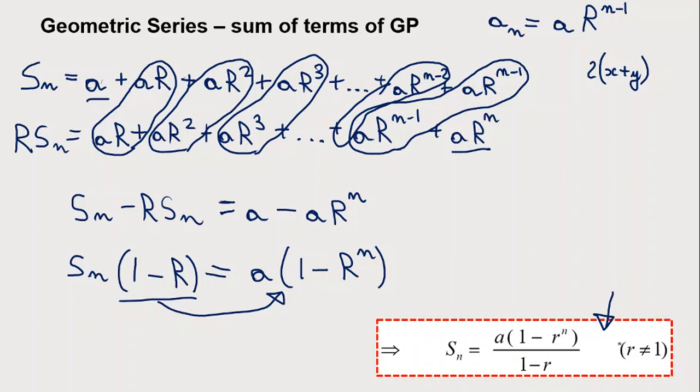Now the only condition is that r cannot be 1, because if r is exactly 1, if the ratio is 1, then we cannot do this summation whatsoever, because we end up dividing by 0, which is of course impossible to do. But actually, at the same time, think about a sequence which has a ratio of 1 and